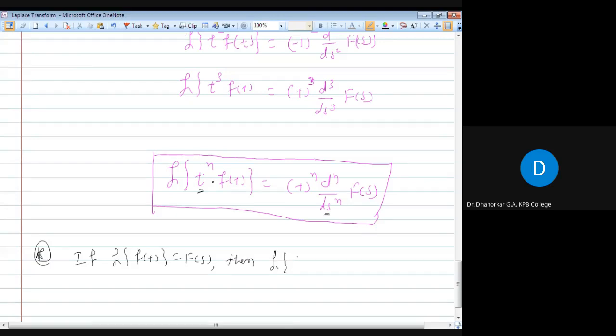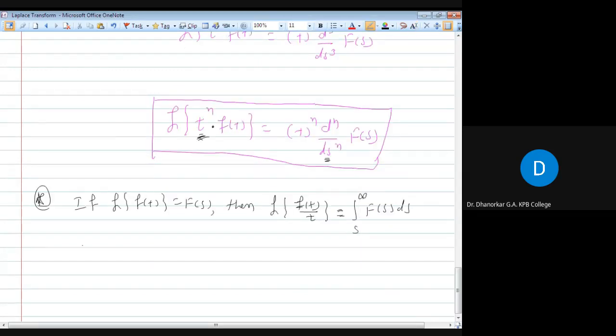the Laplace transform of f of t divided by t is equal to, we will see what. What will be the Laplace transform of f of t divided by t? Again here we know that when we are multiplying by t, then a derivative is there. Surely, if we are dividing by t, this is our logic, there should be an integration. This formula is in this way: integration from s to infinity of F of s ds. Okay, let us try to prove this formula.